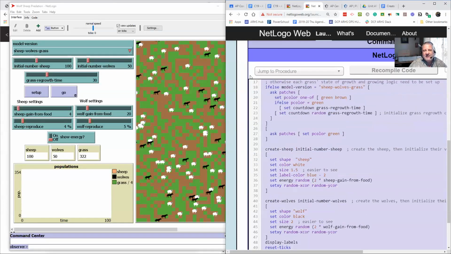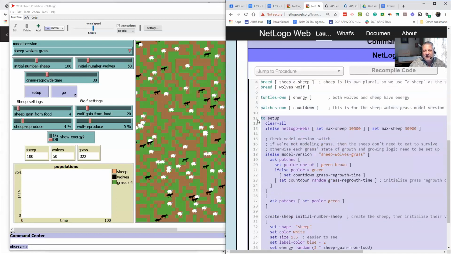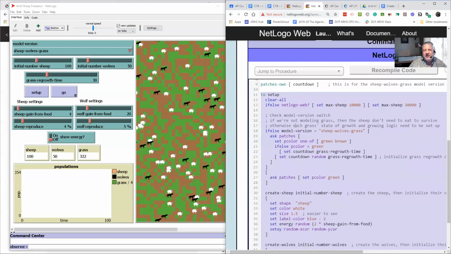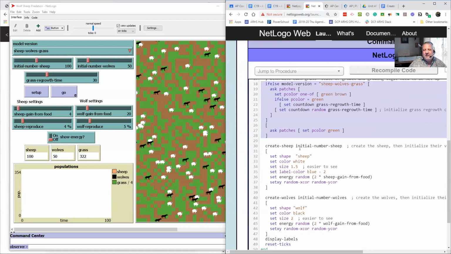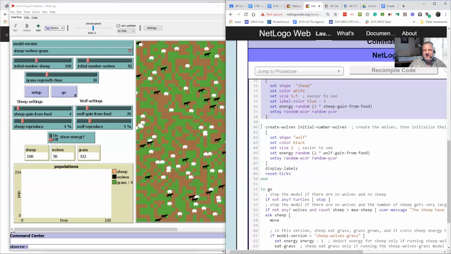So all of this is in that setup function, right? So it asks, are we the web version? If we're the web version, limit the number of sheep. Figure out, am I wolf sheep grass or just wolf sheep? If I'm wolf sheep grass, create grass that has a lifetime, and create some dirt patches. Also in setup, I want to create my initial number of sheep. Also in setup, I want to create my initial number of wolves. Okay, I want to display all of the labels we're going to display, and I want to set my tick